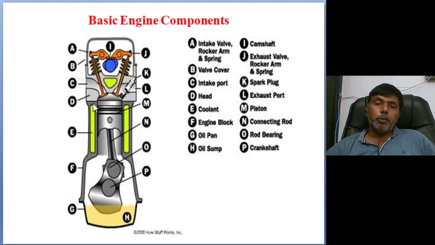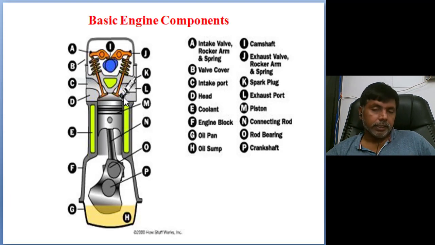Coming to the head, three ports are there. This is the inlet port, this is the exhaust port. These ports are covered by valves. Valves are always in the closed condition. We can open a valve by rotation of the camshaft. The camshaft contains lobes. Lobes lift rocker arms, and rocker arms press valves against the spring tension, so valve opening takes place. According to the intake or suction stroke, the inlet valve will open. In the exhaust stroke, the exhaust valve will open. One more port is there, which is a provision for a spark plug or injector. In SI engines, spark ignition engines, we use a spark plug. In compression ignition engines, we use the injector.